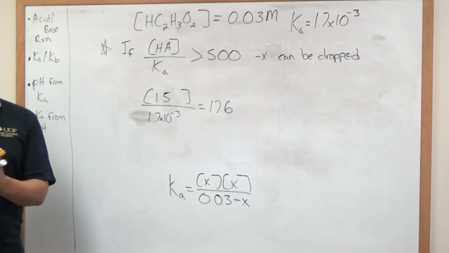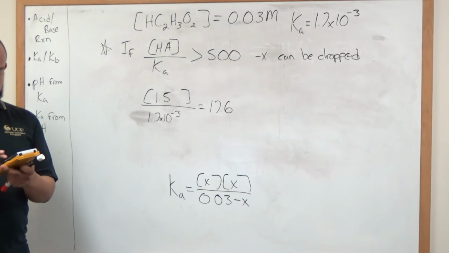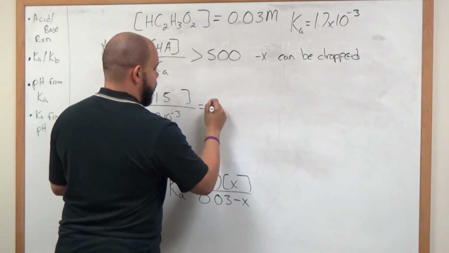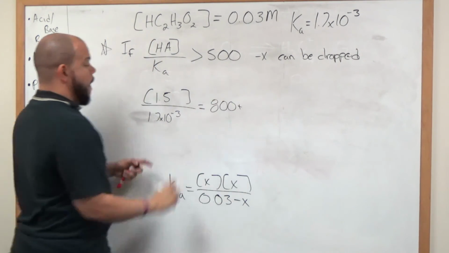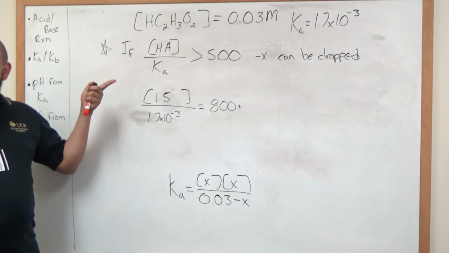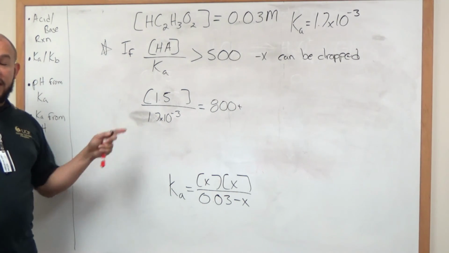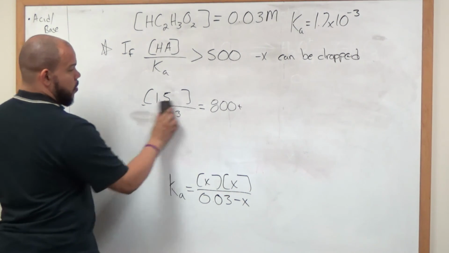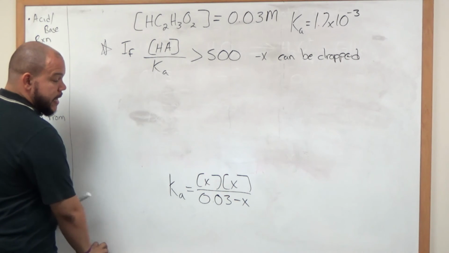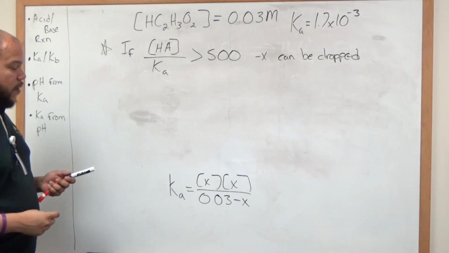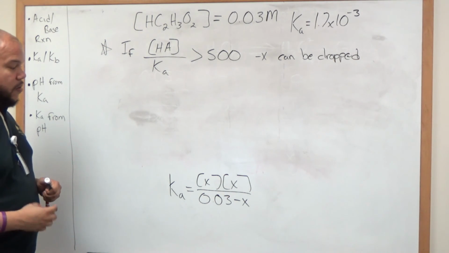Dealing with a concentration of 1.5, we get 800, right? If we had a concentration of 1.5 or about 1 or higher, then we can drop x. But in this case, we cannot drop x. So we would need to then solve this for x, and the solution for x here will give us